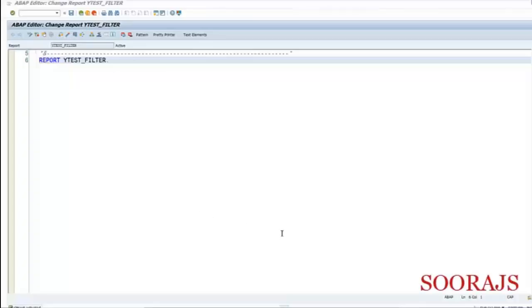Hello guys, welcome back. So today we are going to discuss the filter operator. So what is a filter operator? It's an operator which can be used to filter out entries of an internal table based on certain conditions of columns. And these filtered entries you can put into a different internal table. You can assign the filtered output to a different internal table. So this is the actual purpose of a filter operator.